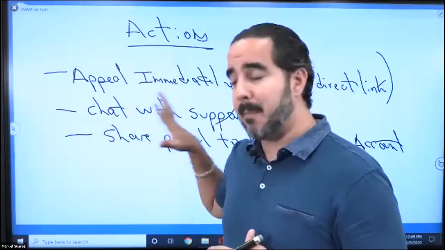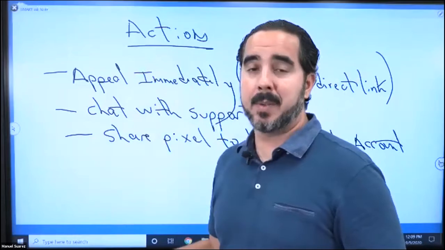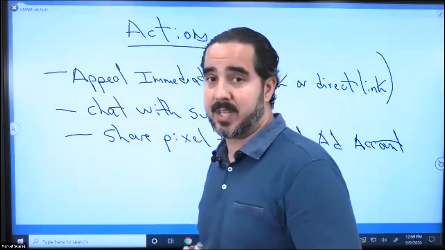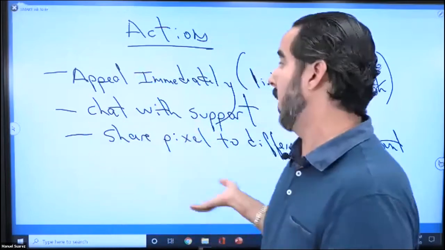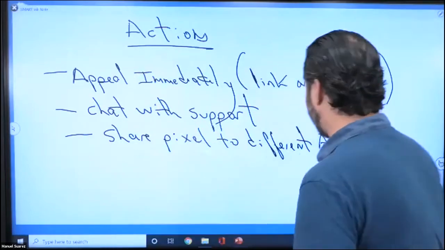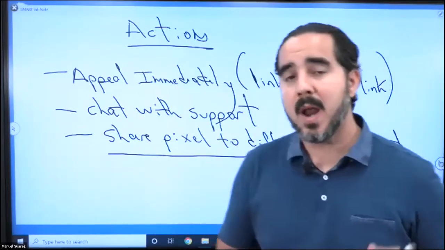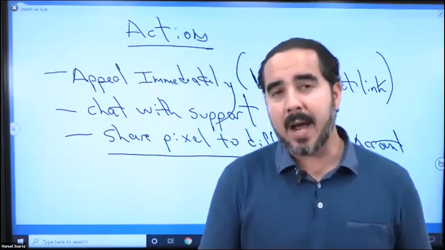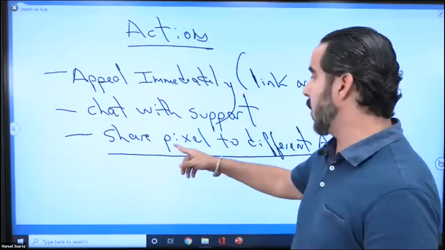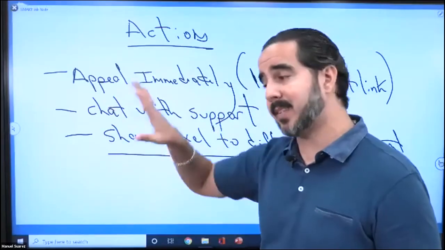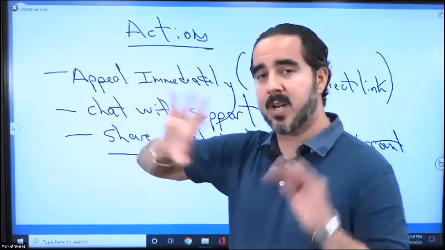The common ones that happen all the time, every single time, are ad accounts being disabled and ads being rejected. That happens every single day, and you gotta be willing to deal with that. So this is great advice right here. And also something to keep in mind, guys: if your ad account gets disabled, you're not gonna be able to make changes. John, can you share your pixel if your ad account is disabled, or you gotta do it before? You gotta do it before your ad account is disabled. You cannot do anything on that ad account. You can see it, but it says that it doesn't allow you to advertise, so you cannot access anything.